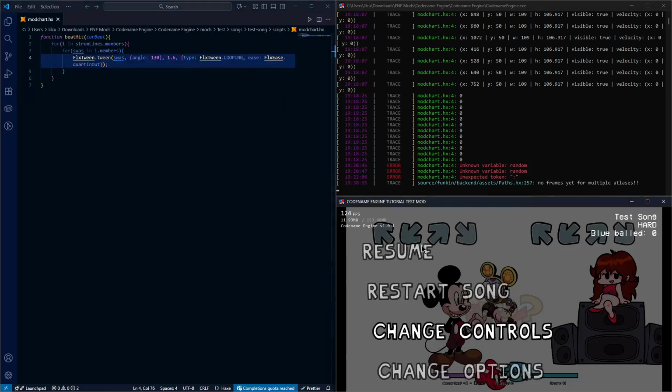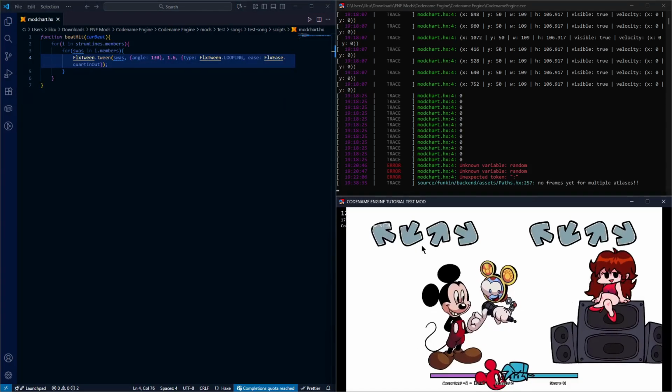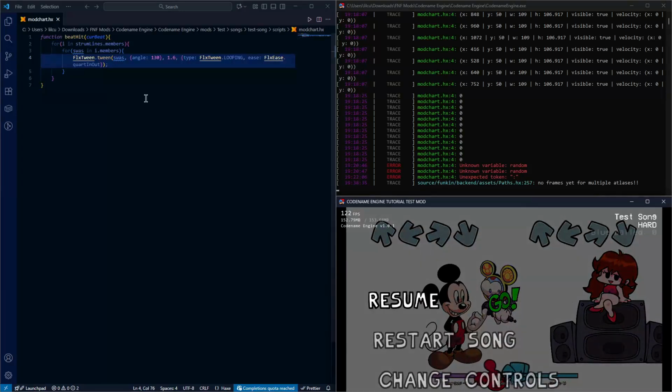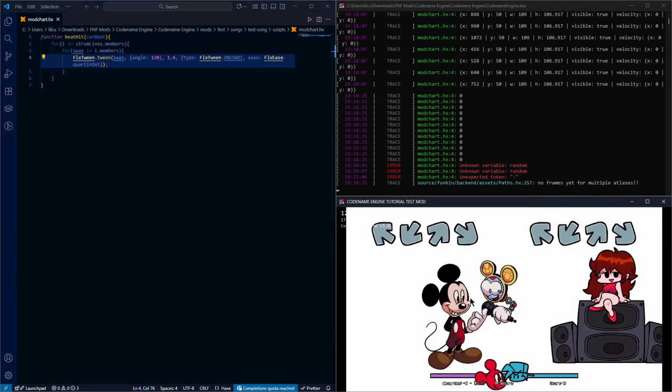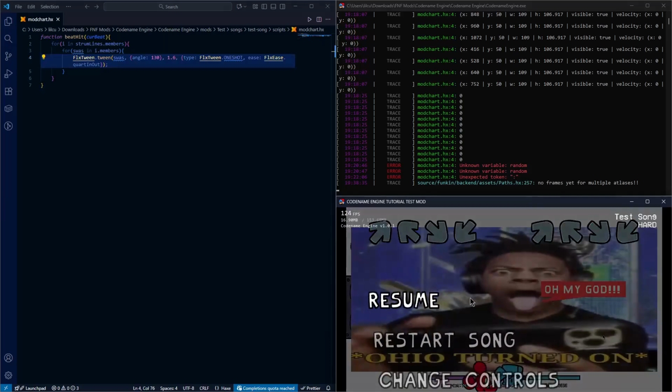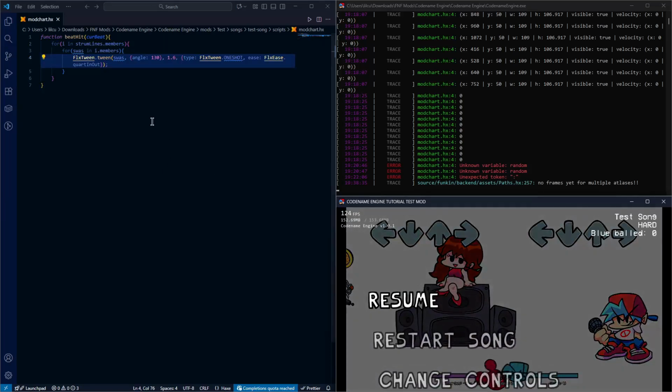Looping, maybe. Oops. 3, 2, 1, one shot. 3, 2, 1, go! Okay, yeah, this is a bad Modchart, but we could probably do something better if it wasn't on a beat hit, actually. So instead we'll do